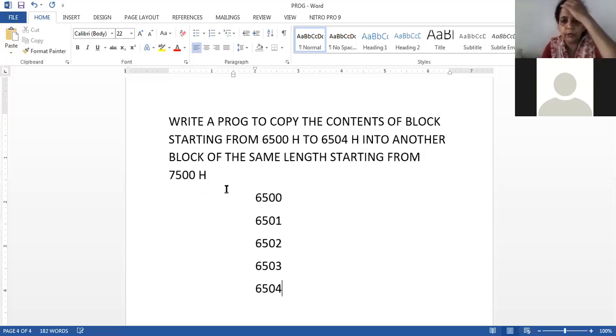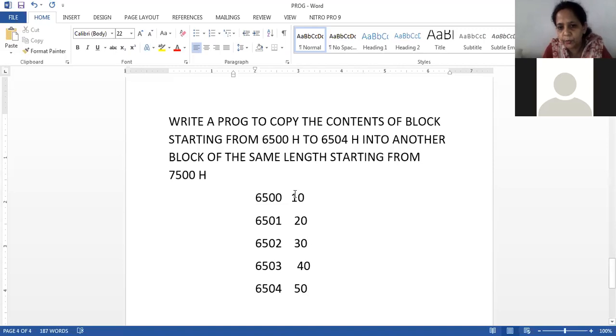These 5 memory locations, whatever is the value, for example 10, for example it has 20, for example it has 30, for example it has 40, for example it has 50.